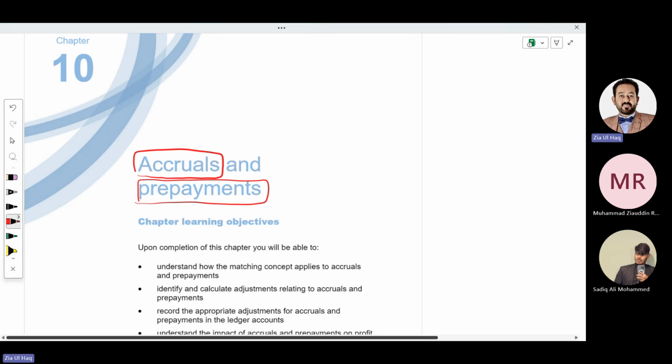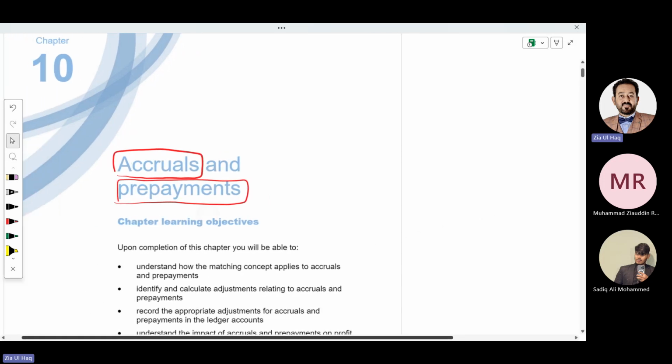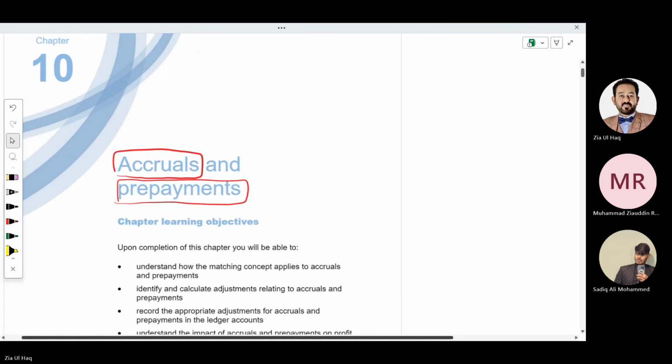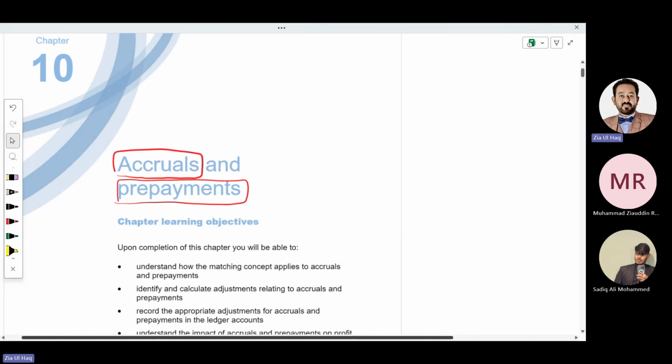Companies prepare financial statements or record financial transactions on cash basis or accrual basis. So a company records financial transactions either on cash basis or on accrual basis. What is cash basis? What is accrual basis? Let's discuss. Suppose